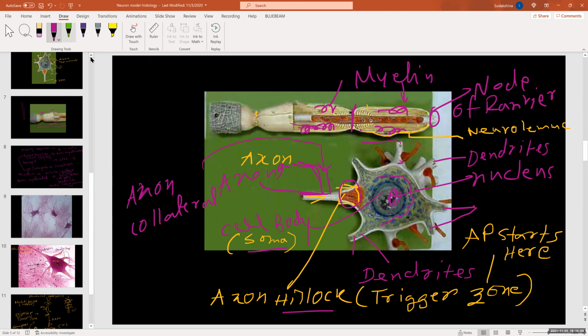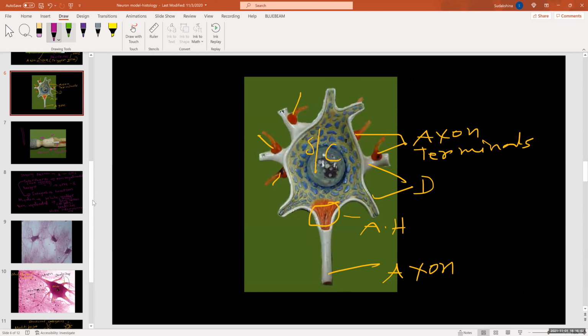Let's go further down into this model. We are just looking at the soma and cell body. Soma, cell body, nucleus, right there, dendrites, here, here. Axon terminals, basically these are axon terminals from other neurons. Right there, you can see those. These are axon terminals from other neurons. Axon hillock, axon,